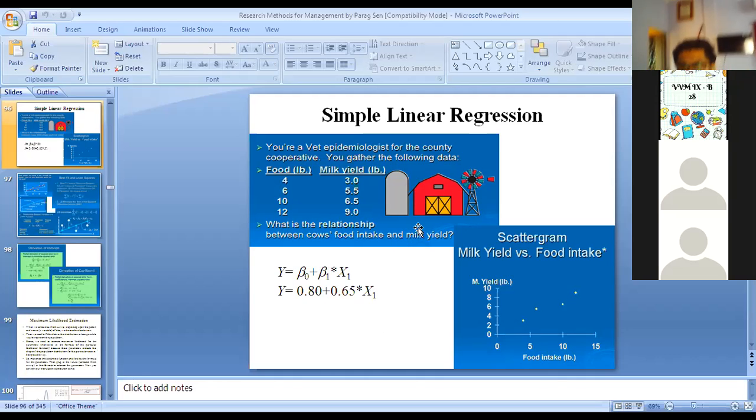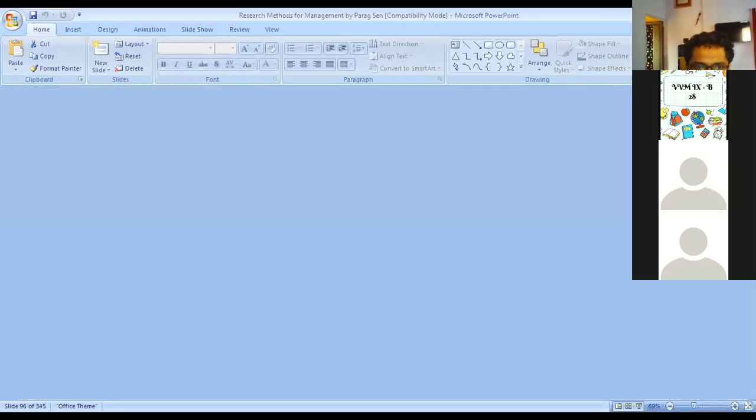Then from the mean, if you subtract the data of each and every sample, and make it square, and divide it by n, or the sample size 4,